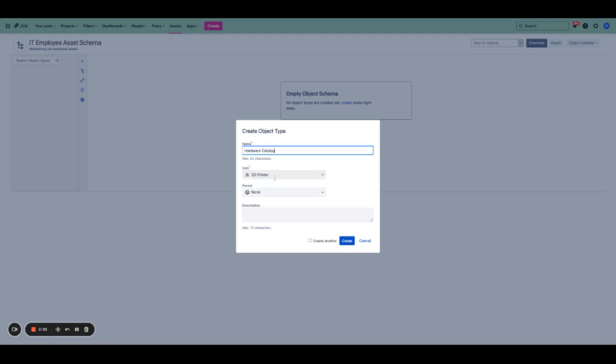It's going to auto create the icon, and we would like to create another one. That's why I'm going to check this one and click create. Now, if you notice on the left pane, the hardware catalog object type got created under the IT employee asset schema. Now let's go and create another object type called